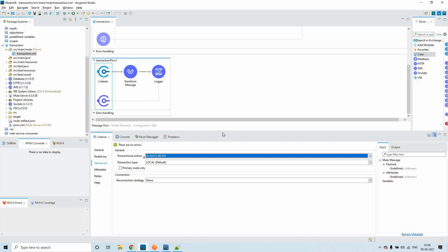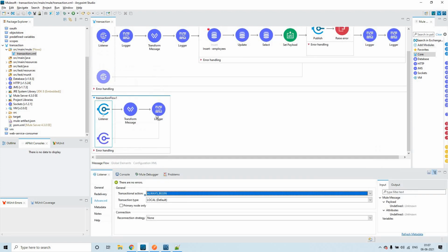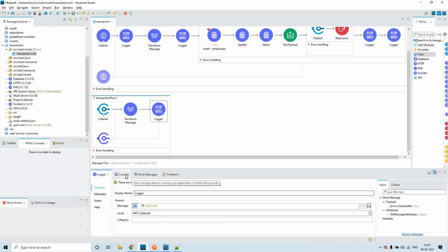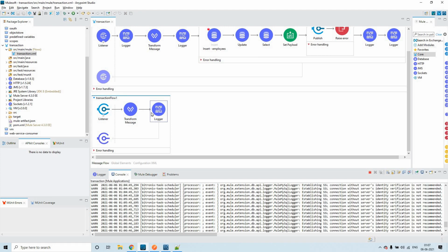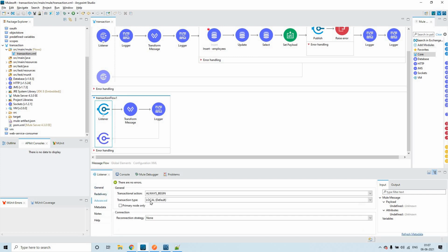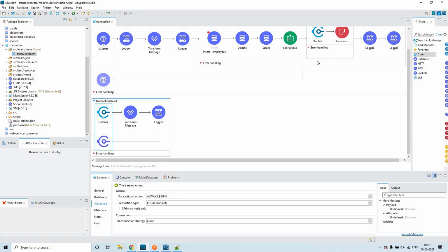I'm just printing the converted CSV payload, converting it to JSON simply, and that is what I'm printing here. So these two definitely will not support transactions, and we don't require any other configuration other than this one. That's why I have kept it as local. So this is all about the flow.